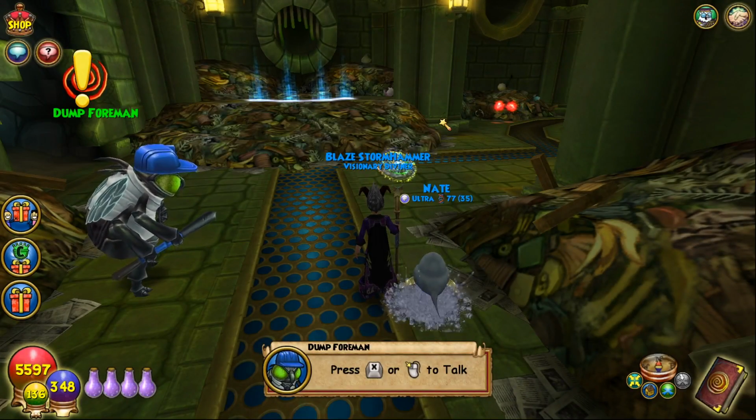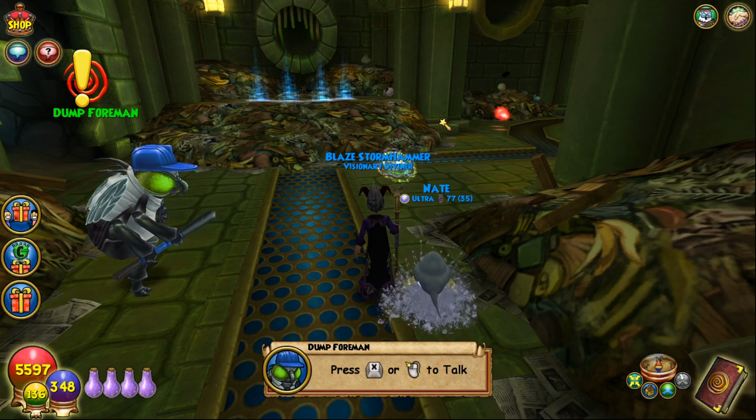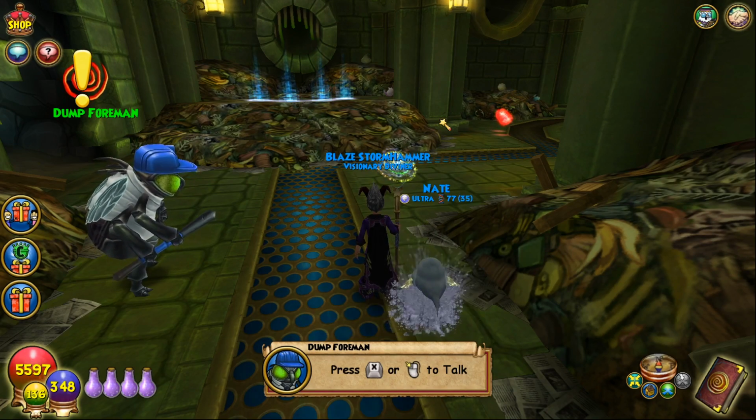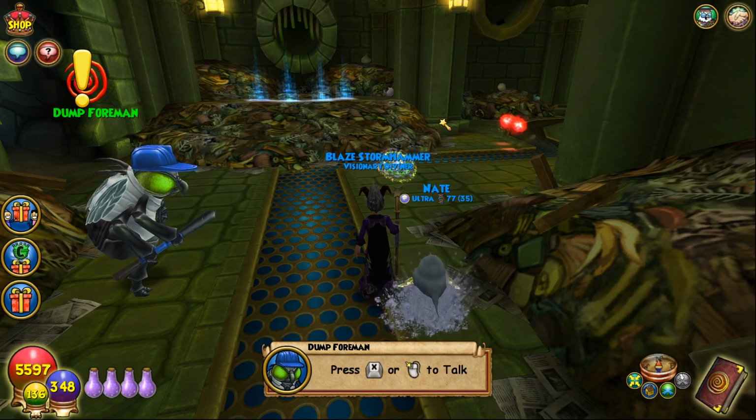So now that my Storm is completely done with the catacombs, the only thing I didn't do was the side quests, which I think drop some decent reagents that you could do, but I'm not going to do that right now. But the next step after completing the catacombs, or even before completing the catacombs,